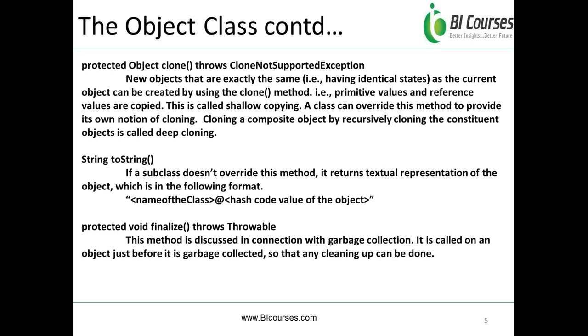And also we have one more method called toString. Suppose I have written one class called test class, and if I don't override this method, then toString returns the following format: first the name of the class, at the rate (@) sign, and then the hash code value of the object. So if we don't override this method, then toString will return this value. And also we have a finalize method, which is used by